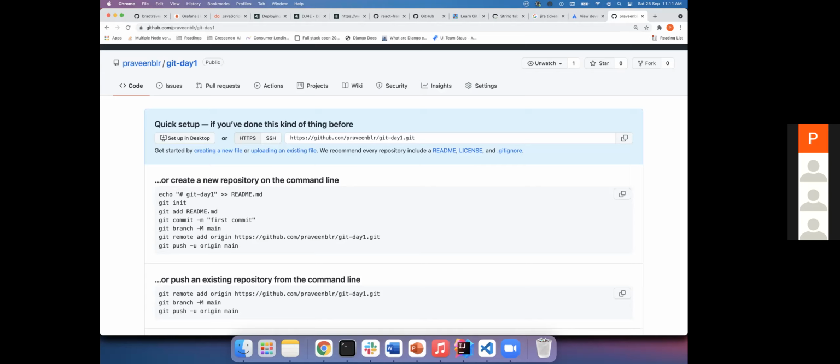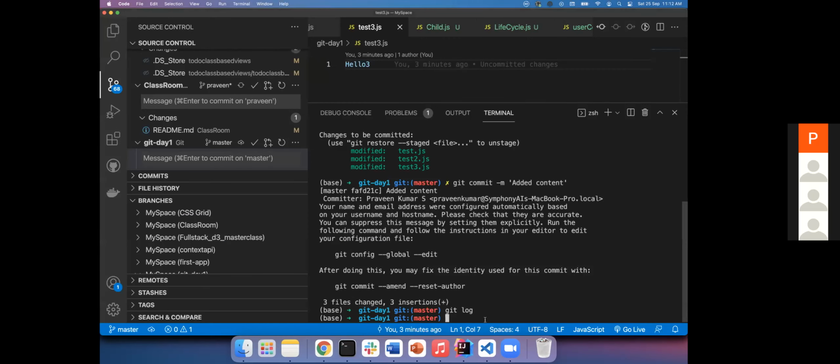So far what we did, we created a repository on our local and we are maintaining it locally. So we never pushed to a remote, that means GitHub. To do that, there is a command called git remote add origin and the rest. So which folder you have to push? Copy this and go to your console and run this.